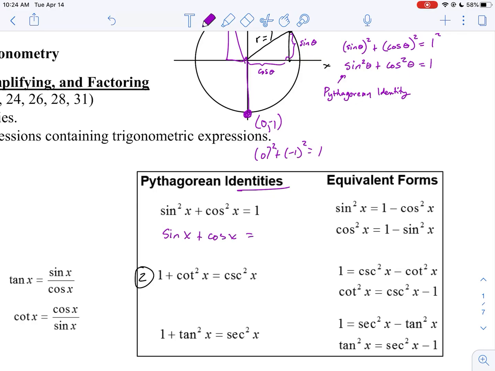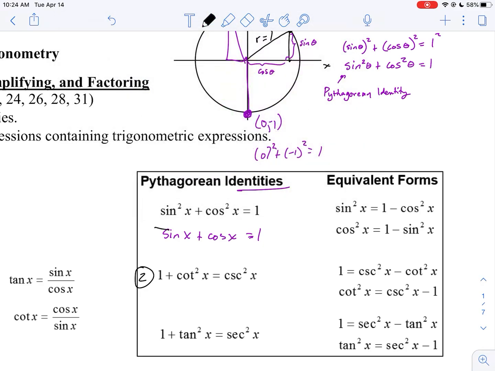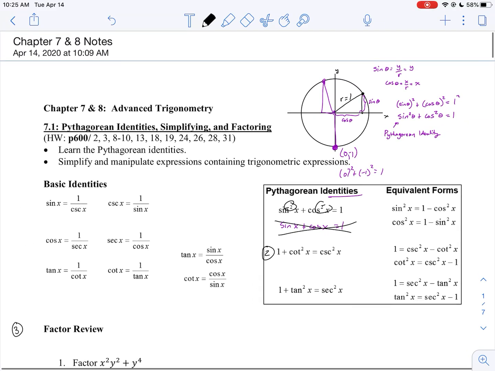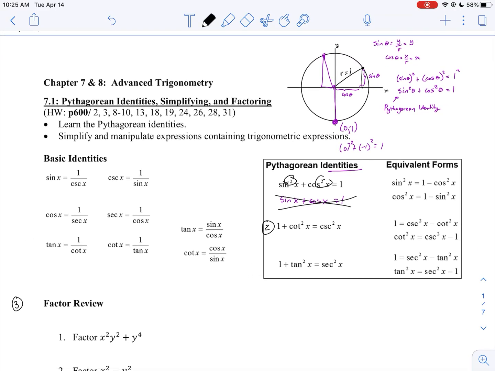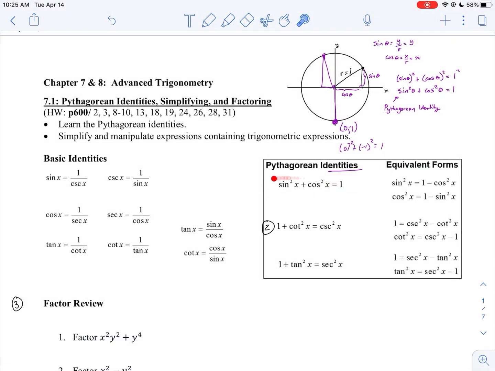The other thing I want to point out is this is not true for just sine and cosine. There is no identity that says sine x plus cosine x equals 1. So that is not true. You should not ever do that. Only for sine squared and cosine squared. So hopefully that is helpful. The main takeaway is just recognizing that this identity exists, and that it can be rearranged and used